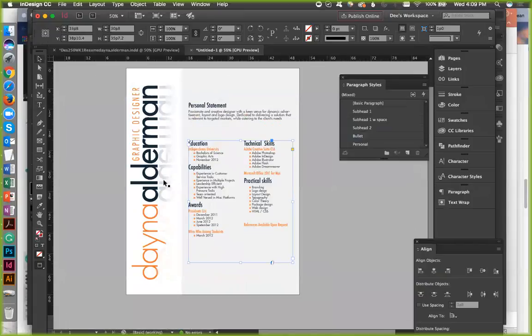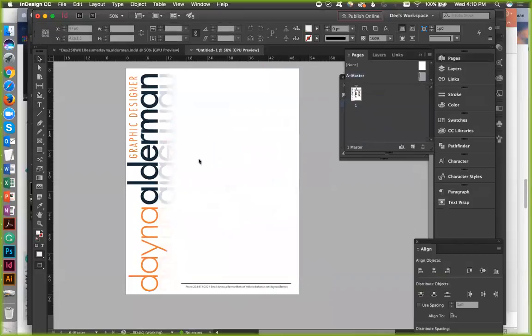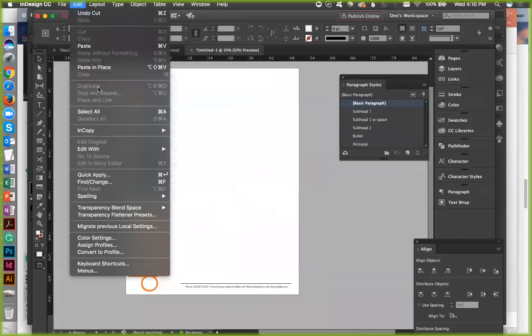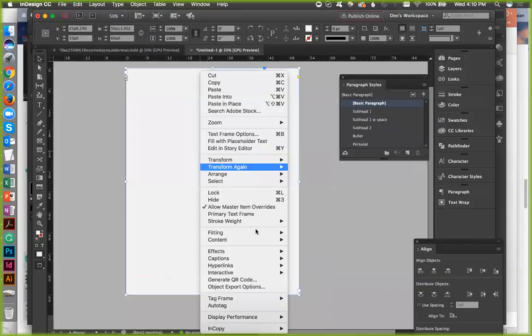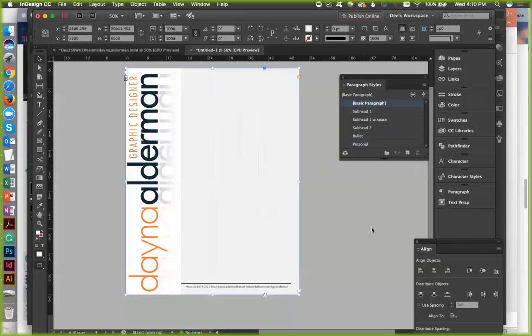And zoom out and take a look at this now. Now I could, if I want to, just stick with this right here. I'm thinking, oh, I like that. Yeah, I'm going to take this off and I'm going to put this on my pages because I have my contact information. I'm going to edit and paste in place. Send it to the back. And I'm pretty happy with that. Command S is in Sam.